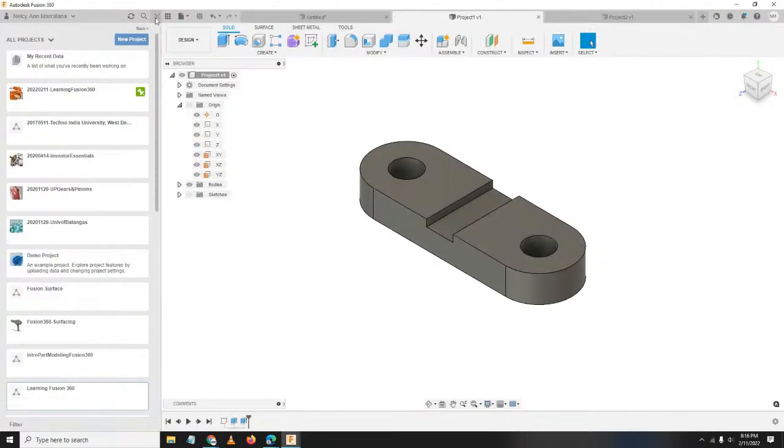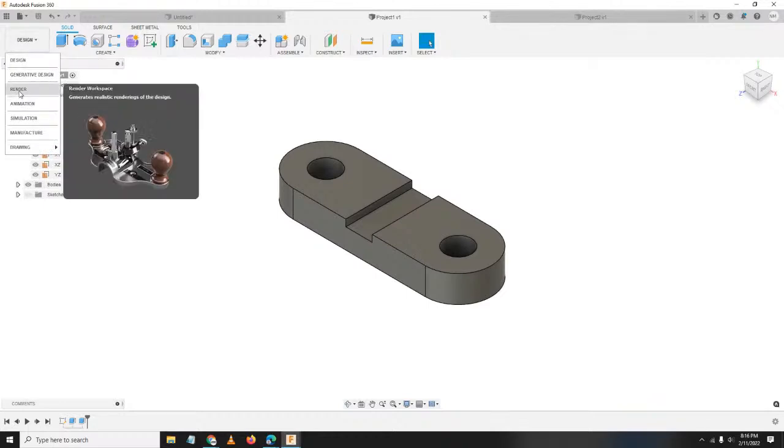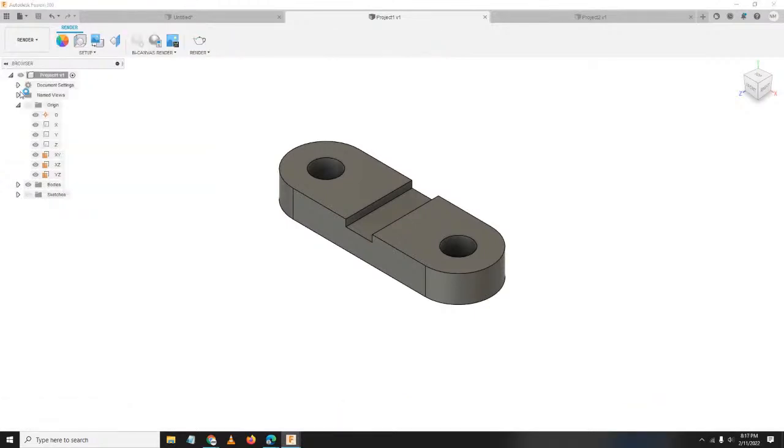Next, eto ngayon ay nasa design workspace tayo. Silip naman tayo sa ating render workspace. In render workspace, here we can generate realistic renderings of the design. So let's click render.